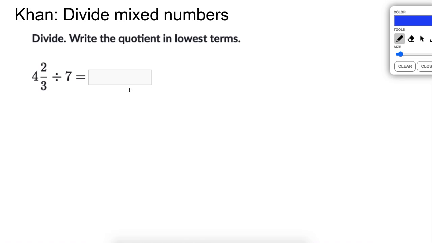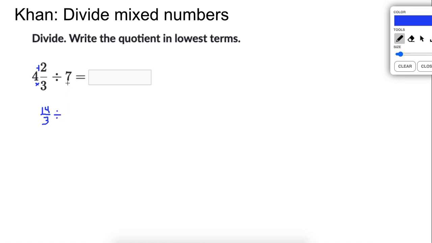So the first thing we want to do is, again, we're going to change everything to a fraction. So again, we talked about this before. We can multiply the denominator and the whole number, which would be 12. And that tells us there are 12 thirds plus 2 thirds. So 12 plus 2, we have 14 thirds. So we end up with 14 thirds, okay? And then that is divided by,